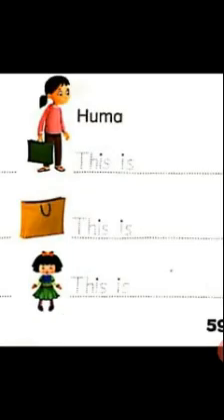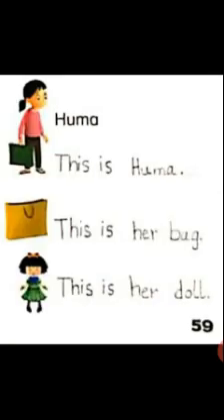Okay. Now we will talk about the things of a girl. What is the name of this girl? HUMA, Huma. This is Huma. Now you will trace this, then is, and then give one finger gap and write HUMA, Huma. H will be capital and then you will put a full stop. Okay, now come down. There is a bag. Now we are talking about the things of a girl.